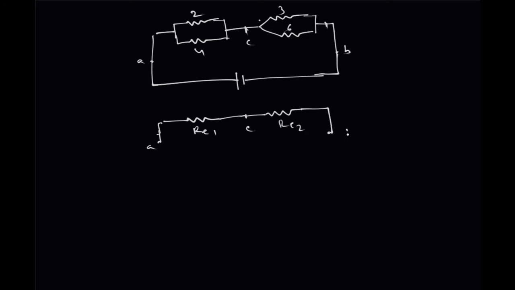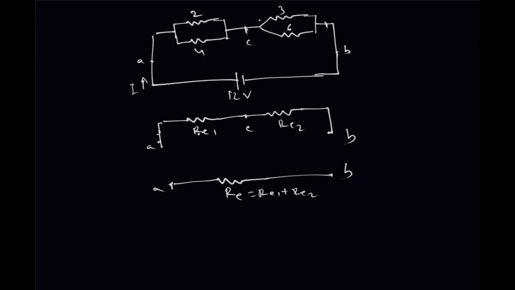We have to calculate the equivalent of these 2 resistances connected in parallel, that is RE1, and these 2 resistances are also connected in parallel, that is RE2, and now these 2 resistances are connected in series. Circuit now reduces to simple RE, that is equal to RE1 plus RE2. Okay, this is the equivalent resistance between A and B. Suppose it is 12 volt, then 12 volt divided by RE is the current that is flowing in this main